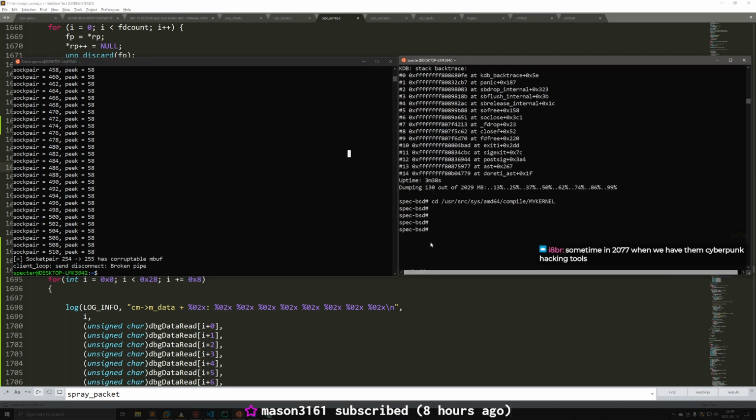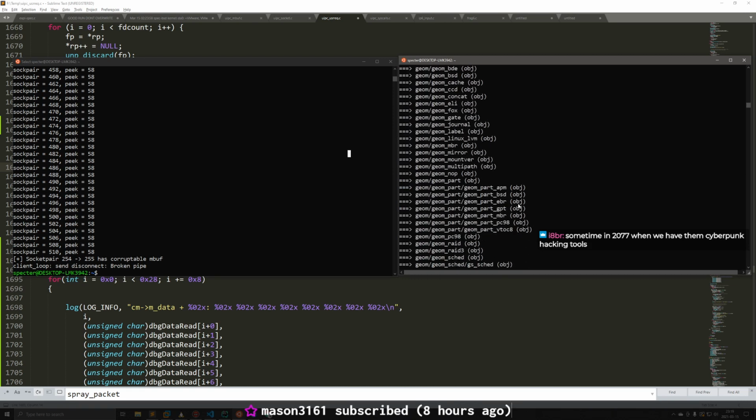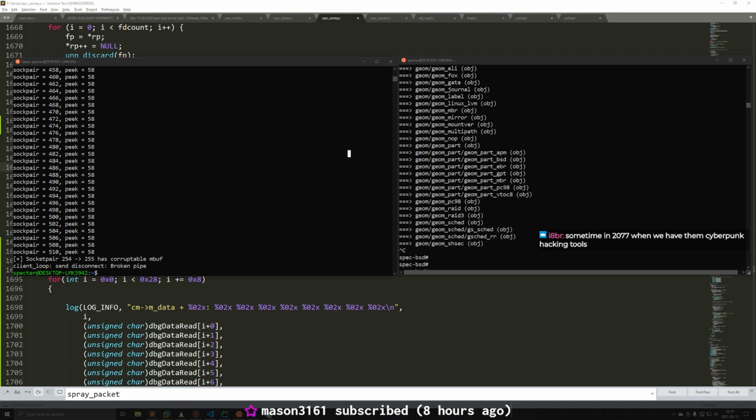I don't know what's going on with the terminal there. Anyway, doesn't matter. We're in the directory. We can now make. Actually, I didn't upload the file because I have that on a different screen. I used to do this with the script, but the script wasn't working properly, so I stopped using it.